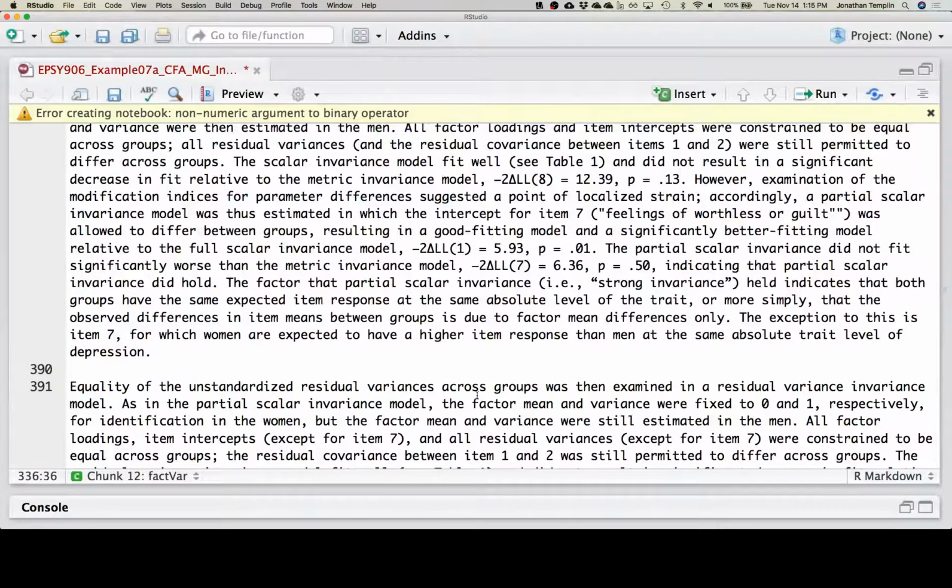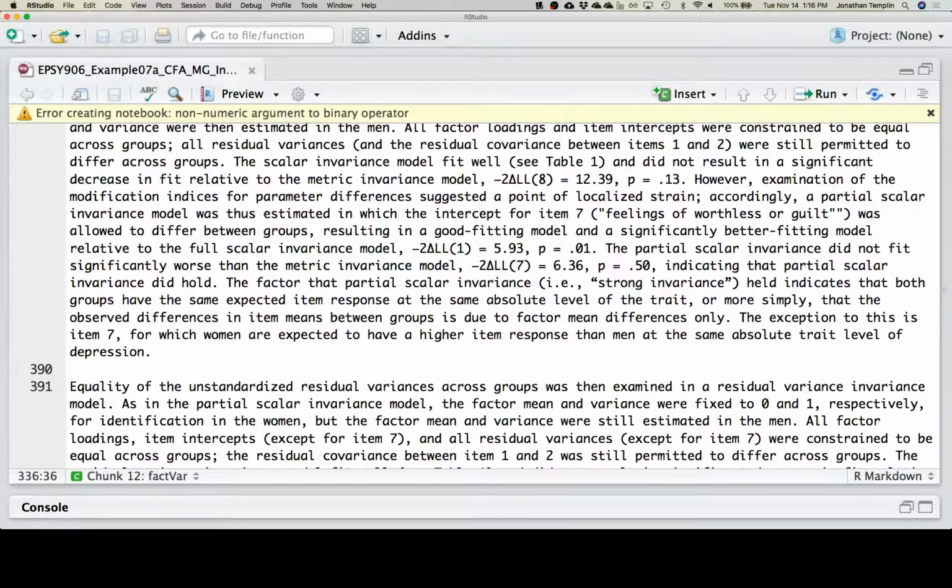Now, I know we're out of time, so I'm going to have to stop here. Next time, we're going to talk about the next example, which is the longitudinal invariance example over time. We'll bring that up because the code for it is slightly different. We don't use the multi-group syntax for it because we have the same people showing up in our data. So we're actually going to create multiple factors instead of multiple groups.